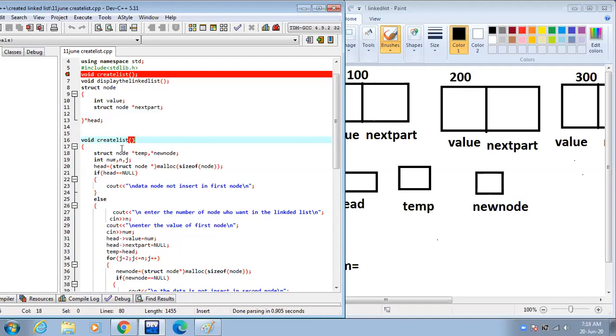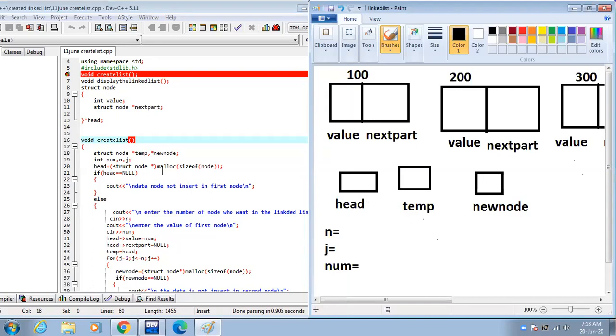Void create list. We make a function with struct node temp and new node. New node is a pointer type variable, and num and j are integer type variables. Head equal to struct node malloc size of node.